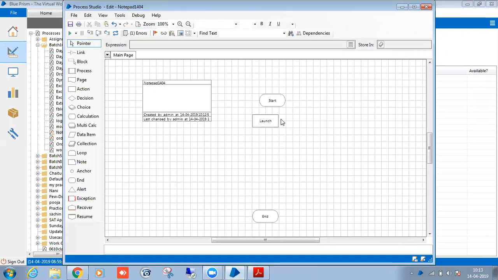As I told you, when you are executing the global send keys, you should not touch anything. You should not touch the mouse, you should not touch any keys, because when you're running the global send keys, the keys are being passed from the keyboard. If we pass something, then the application will be in disable mode.